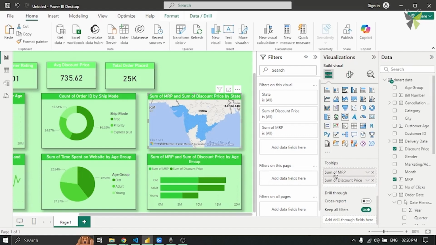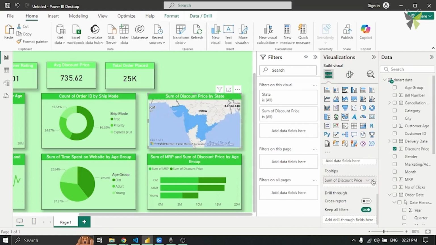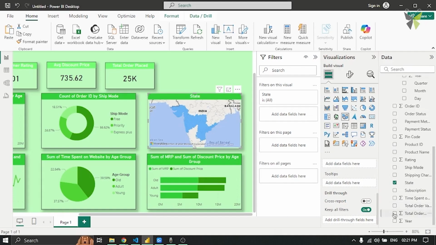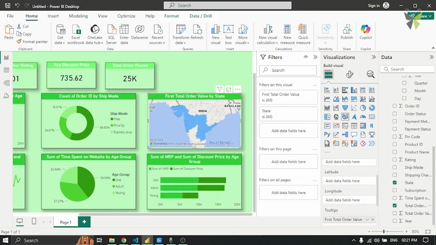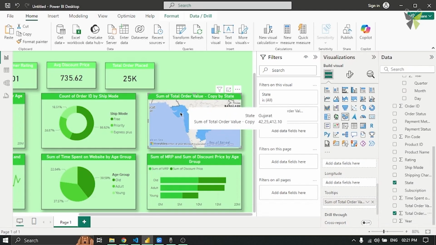In tooltips there is sum of MRP and sum of discount. Instead of that, I'll add sum of total order value. Whenever I go to a state, I get exactly which state is giving me how much total order value.